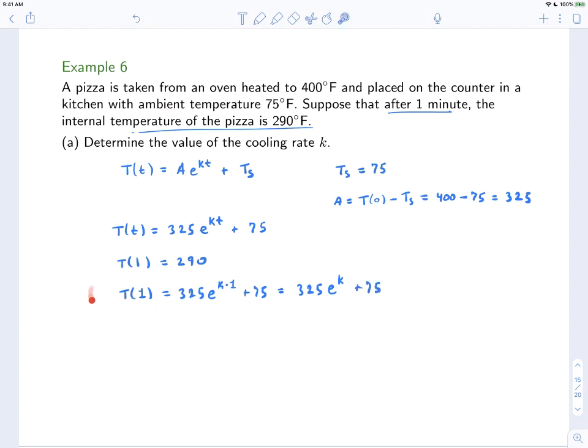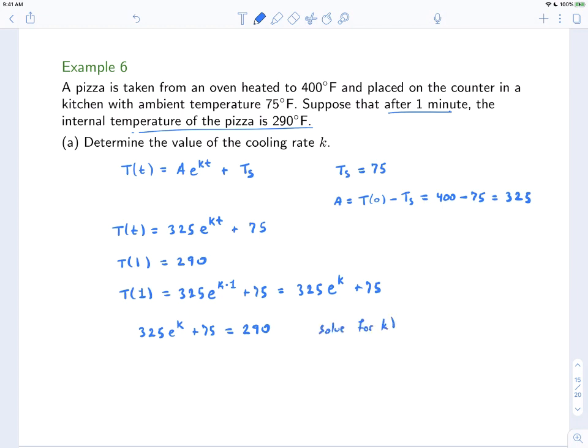So using the formula, we know that T at 1 is given by this expression, 325 times e to the k plus 75. But we're also told from the problem that after 1 minute, the temperature of the object, the pizza in this case, is 290 degrees. So that means that these two quantities must be the same. So 325 e to the k plus 75 is equal to 290. Now we want to solve